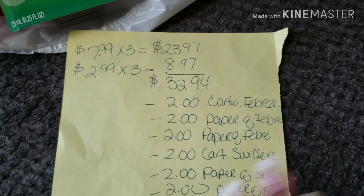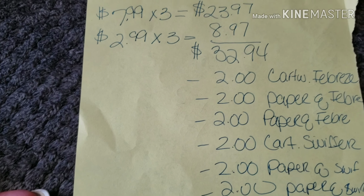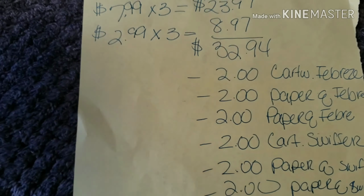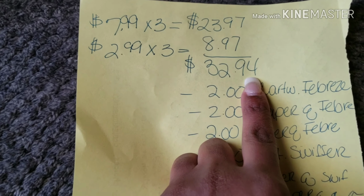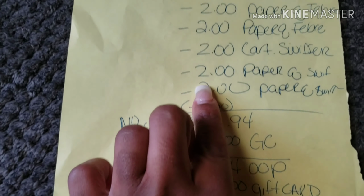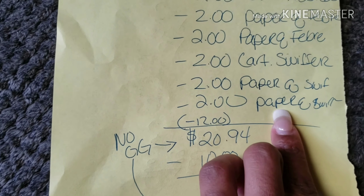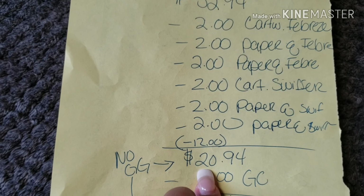So if you were to do this deal, I kind of scratched this down while I was in the car. So you got the 3 dusters, so it'll be $23.97, the 3 small spaces is $2.99 each, $8.97. So your subtotal would be $32.94. Use the Cartwheel for Febreze, the 2 paper coupons for Febreze, and the Cartwheel for Swiffer, and the 2 paper coupons from the October P&G for the Swiffer. So that's a total $12 off of $32. So that brings you down to